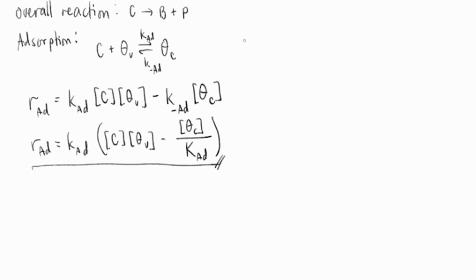Let us consider surface reaction. In this step, the cumene that is adsorbed on the active site decomposes to form benzene that is adsorbed into an active site plus propylene gas. Keep in mind that propylene was not adsorbed into an active site based on the illustration given. We have to turn this into a reversible reaction so that we can proceed with the analysis. Our forward specific reaction rate constant is small ks, while for the backward reaction, that is K negative S. We will be denoting S for the surface